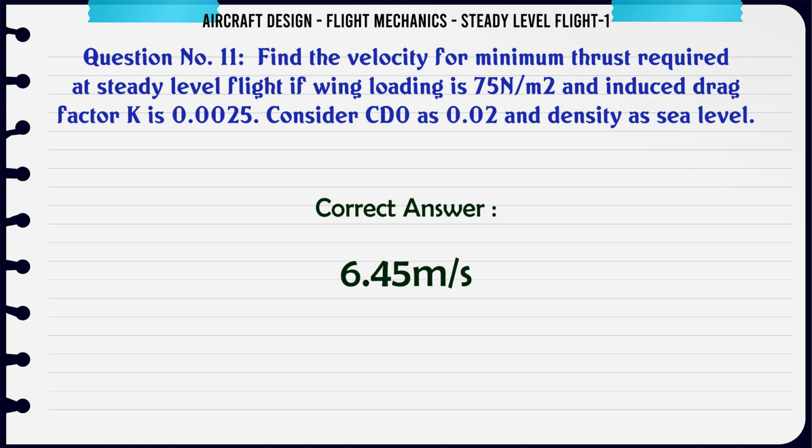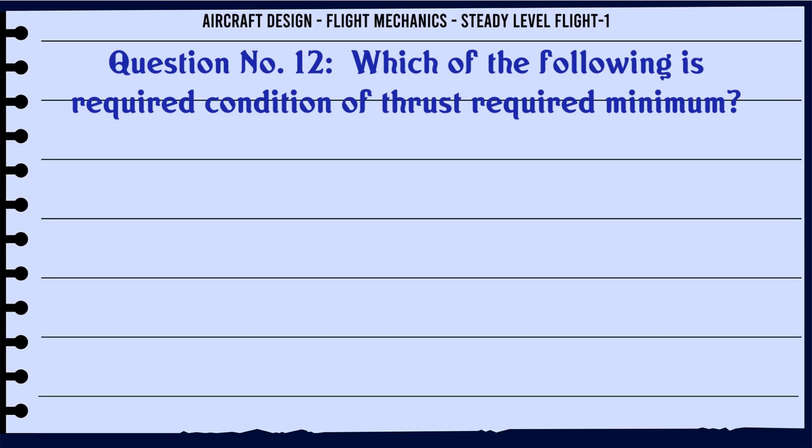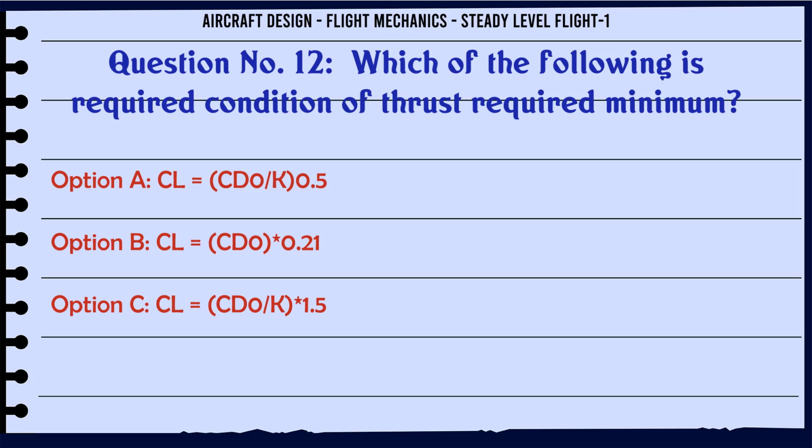6.45 m/s. Which of the following is required condition of thrust required minimum? A: CL = CD0/K, B: CL/CD0 = 0.21, C: CL = CD0/K × 1.5, D: CL = 0.5. The correct answer is